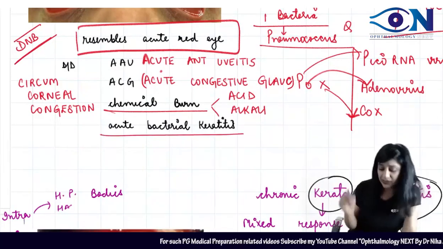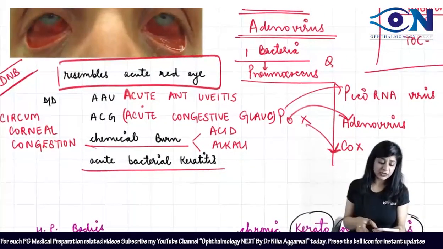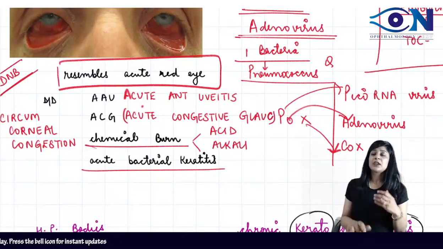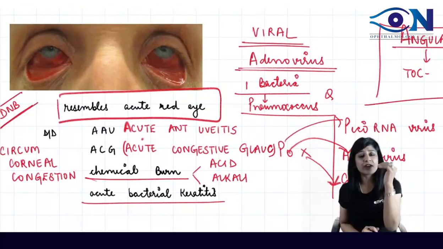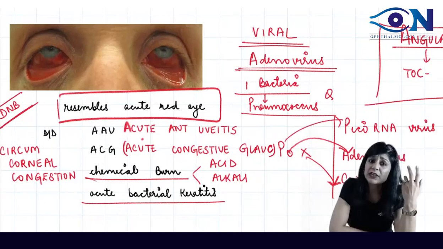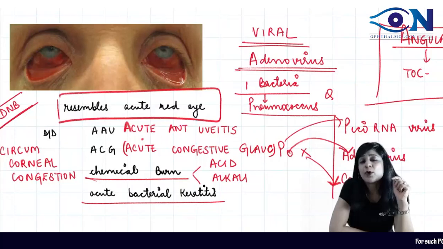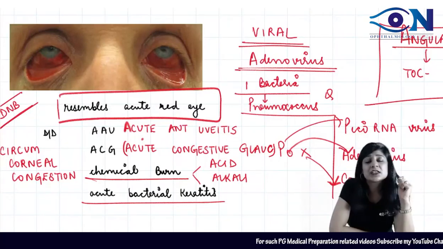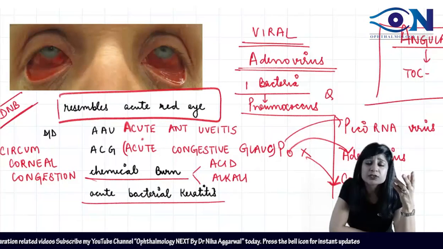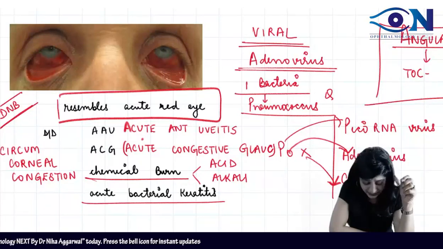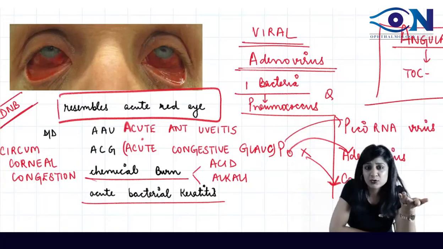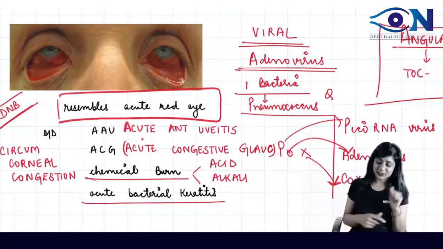And then we can have the acute bacterial keratitis. Very, very important, I must say. This is actually a lower one which you can add on in giving the examples for your acute red eye, because genuinely when I talk about the acute red eye, your important causes will be acute anterior uveitis, acute congestive glaucoma, chemical injuries with lot of inflammation and necrosis, and bacterial keratitis. So this is not the exact cause, but that can resemble the acute red eye. So this is your hemorrhagic conjunctivitis, okay?